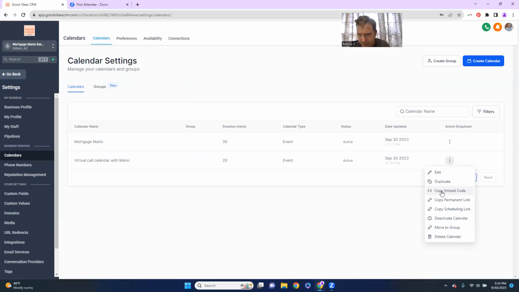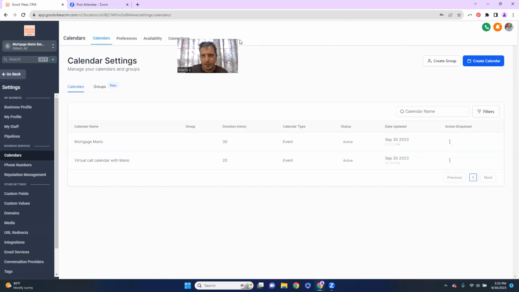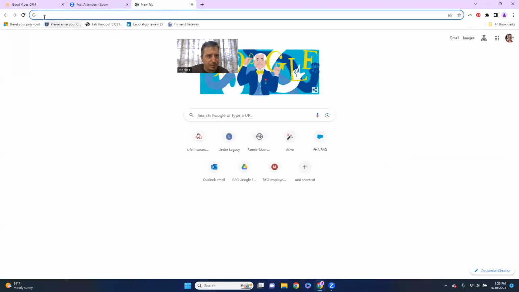You also can copy a permanent link here or a scheduling link. Those are going to be very similar. And you can deactivate it at any moment that you want. You can edit it or even duplicate it. Maybe you want to tweak something and don't want to go through the hassle of creating all that over again. You want to just tweak a couple things. Well, then you can just duplicate it and edit that. But let's copy this link. That's your link if you just want to send someone a link, and you also have the code too. Again, if you're trying to do sexy things like put it on a website. So let's